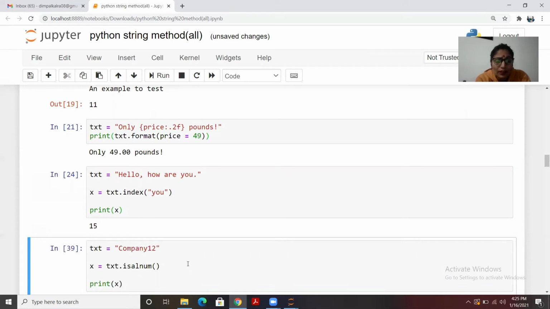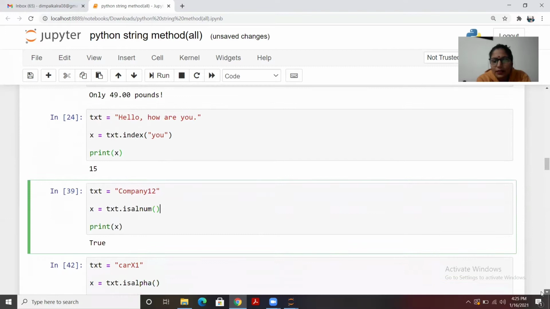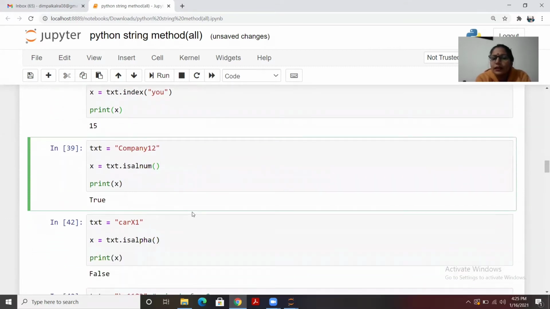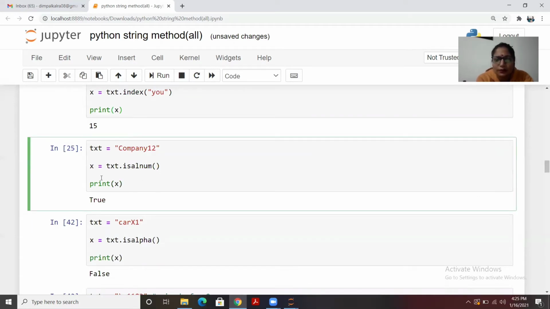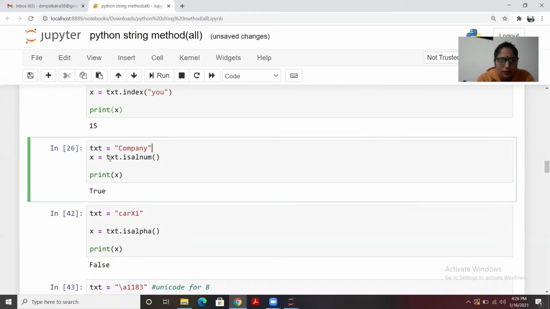Fine. Next, let's move to isalnum. Isalnum means in case we have any particular string and we want to check whether all values are alphanumeric in that string, it will give you output as true or false. Let's say I'm giving something like this, and I'll be giving, for example, any numeric value.